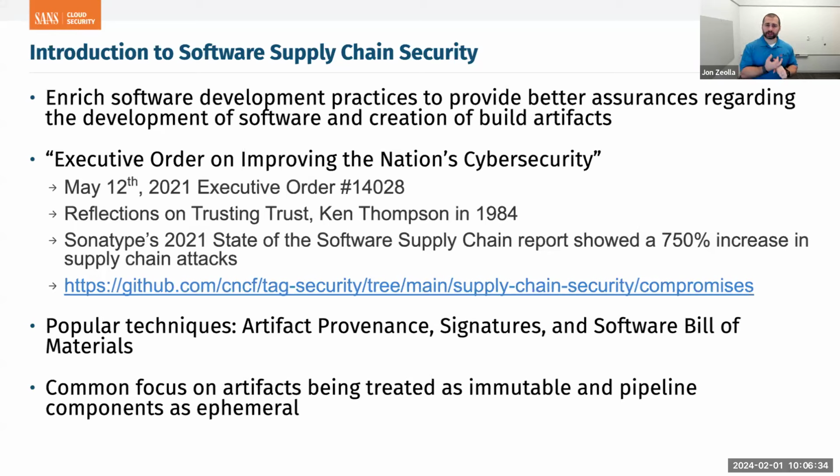Not being able to change something. And ephemeral components, creating something from scratch from an immutable base, using it, running something in it, and then throwing it away, right? With the advent of cloud service providers and cloud resources and all of the automation that we have today, we're able to create a server, use it for something, and throw it away.